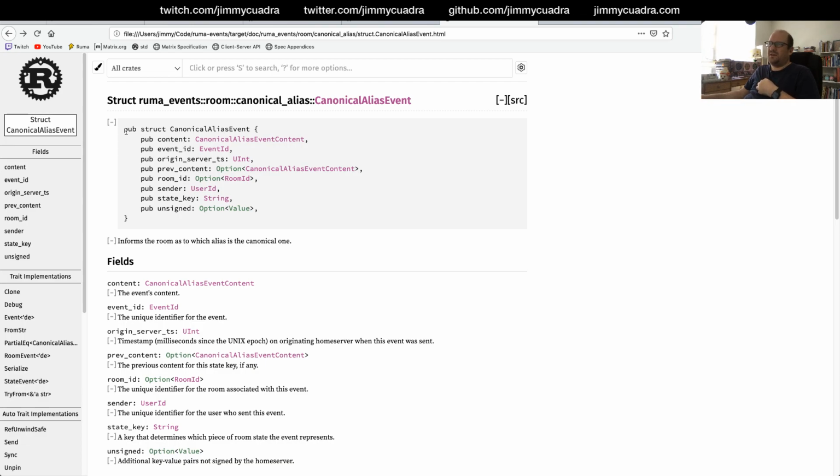That's a problem because in an interoperable system, we need to be able to handle invalid data. So we needed something a little more robust than just saying, if your JSON doesn't exactly match the structure that Ruma is expecting, you can't work with this data at all. We need to be able to represent that data in the system somehow and pass it around and store it.